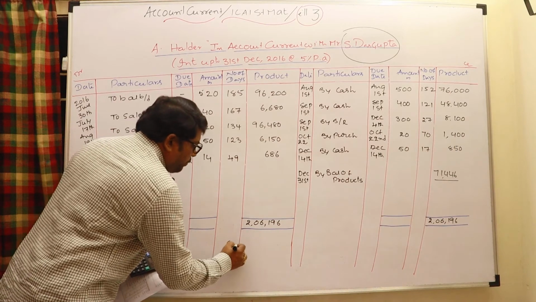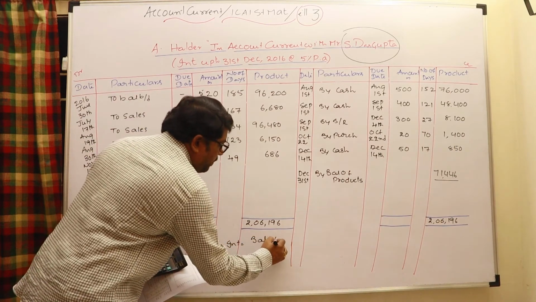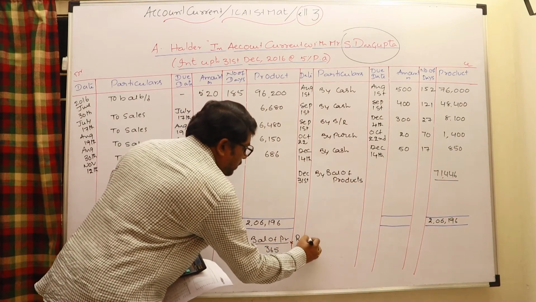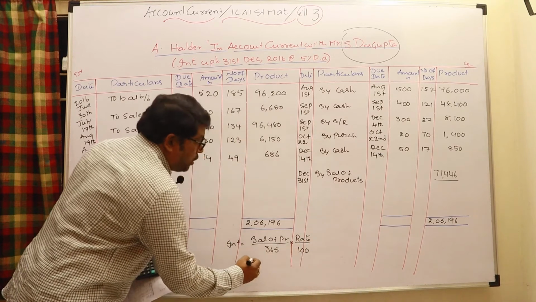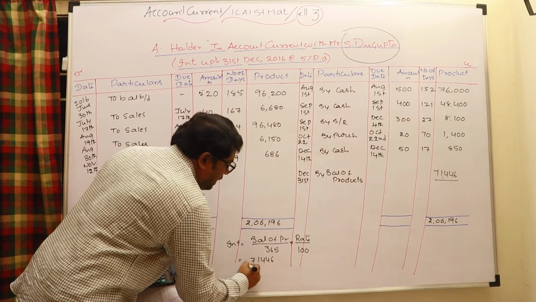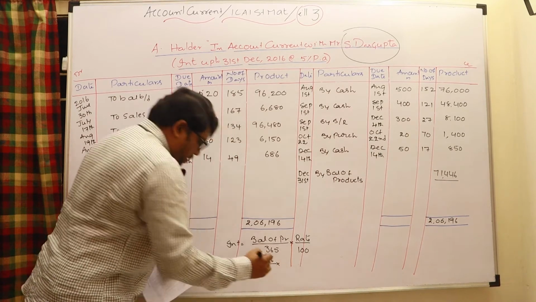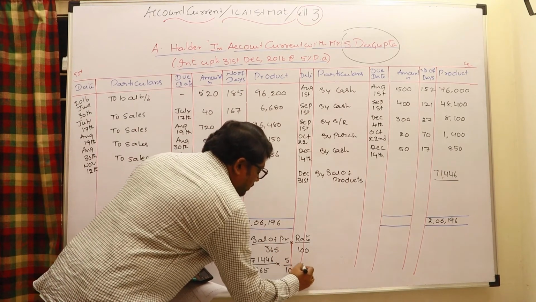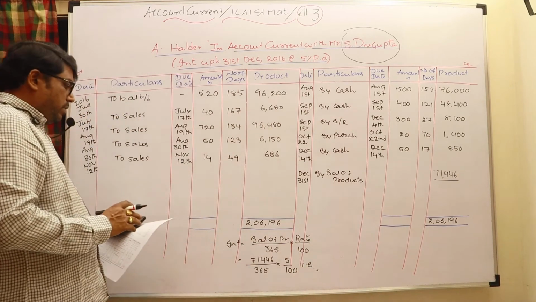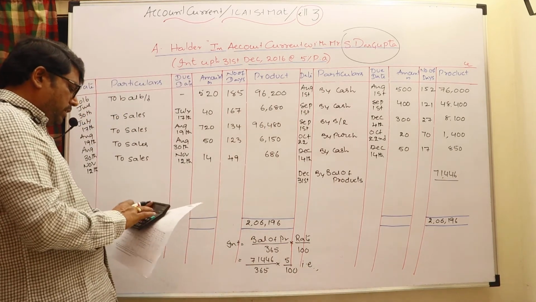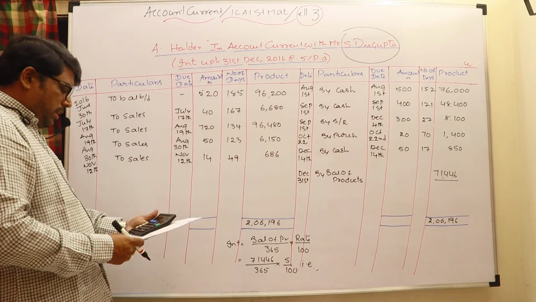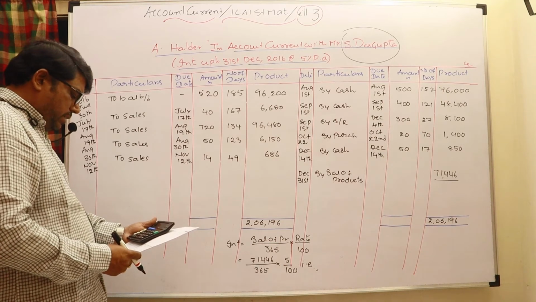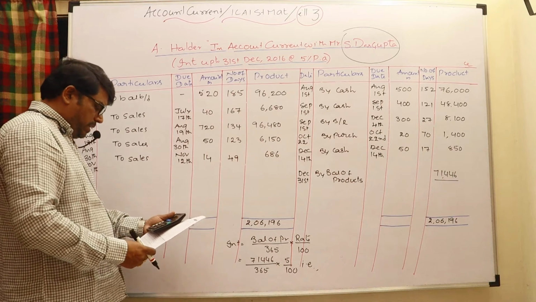Okay, interest is equal to balance of products by 365 into rate by 100. Balance of products we know 71,446 by 365 into rate of interest, 5%, 5 by 100. That is 71,446 by 365 into 5%. The interest you can check it, 9.787 or 9.79. You may take 9.79.